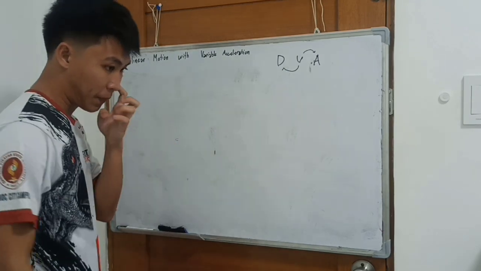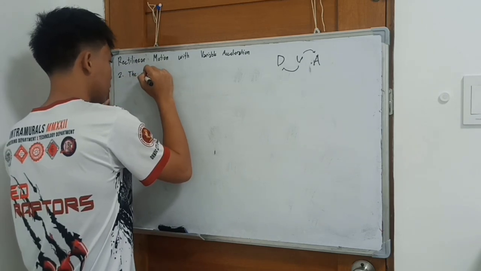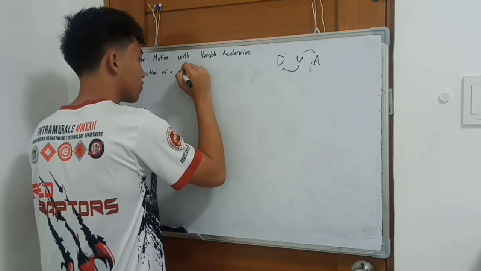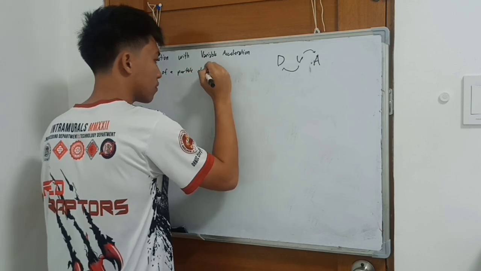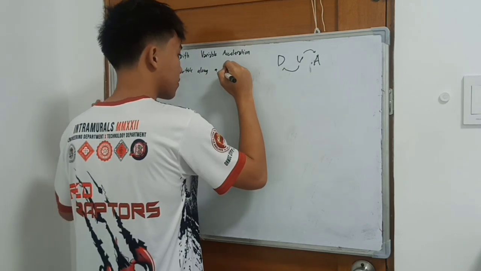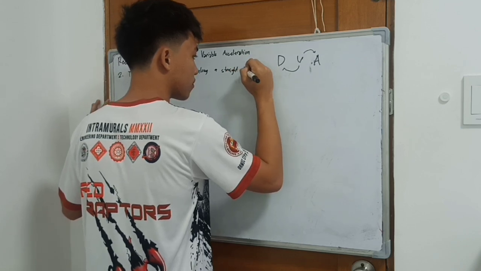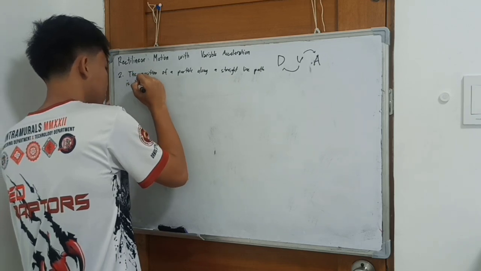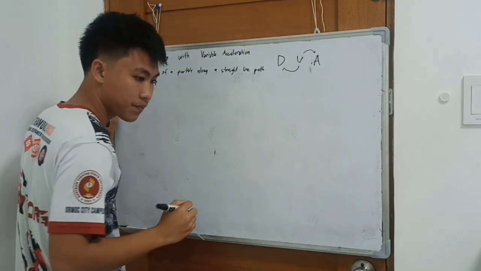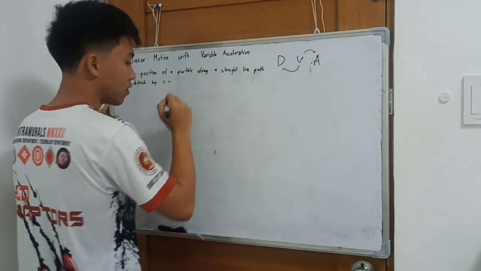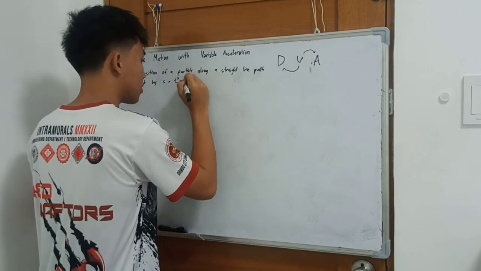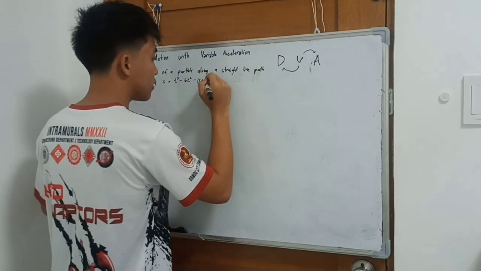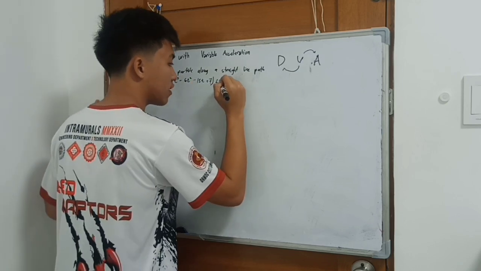Second big problem: the position of a particle along a straight line path is defined by S is equal to t cubed minus 6t squared minus 15t plus 7, in feet,